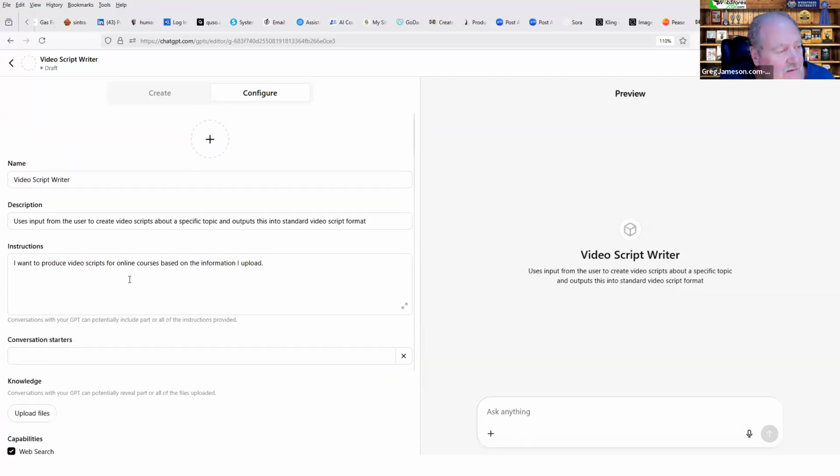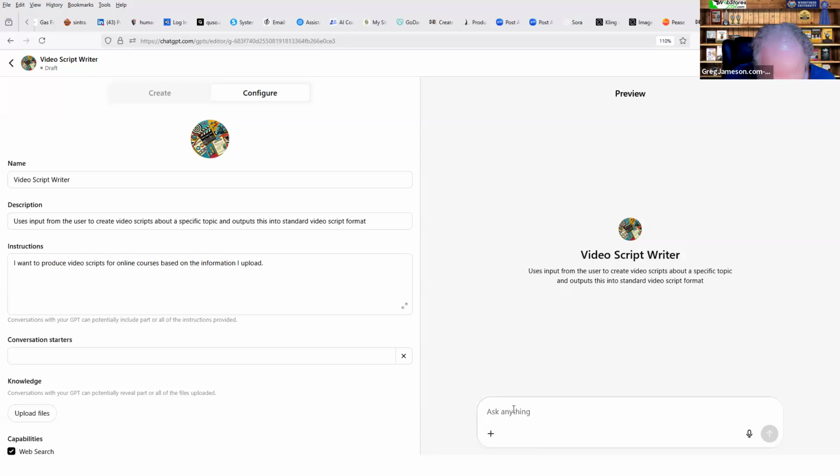And the button at the top, you can upload your own photo or use DALL-E to create an image just based upon what I told it here about a video script writer. It's going to generate some image that it's going to use for this. And then you can test it.